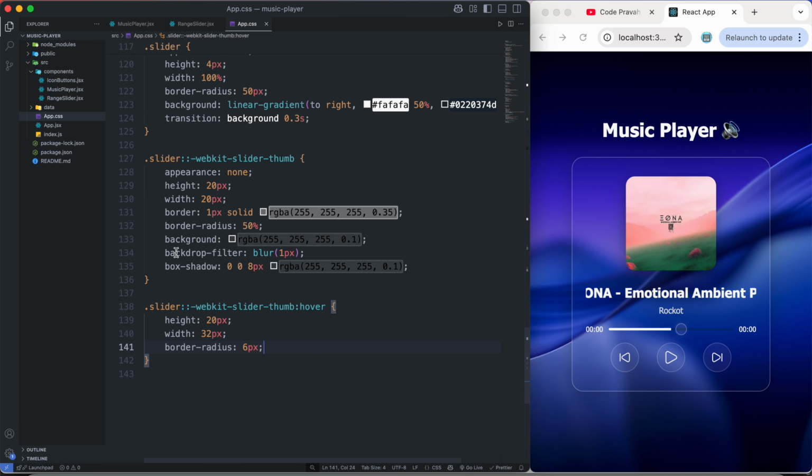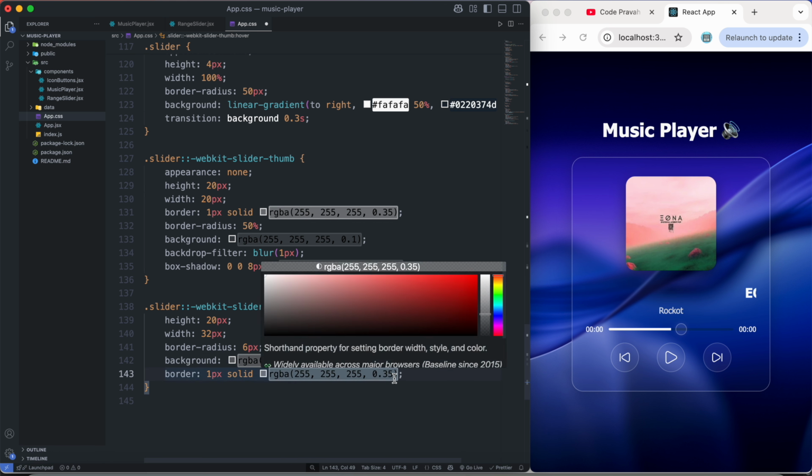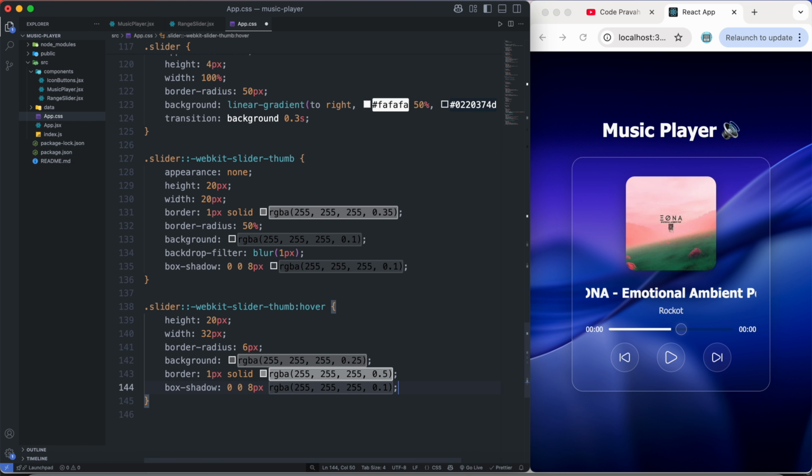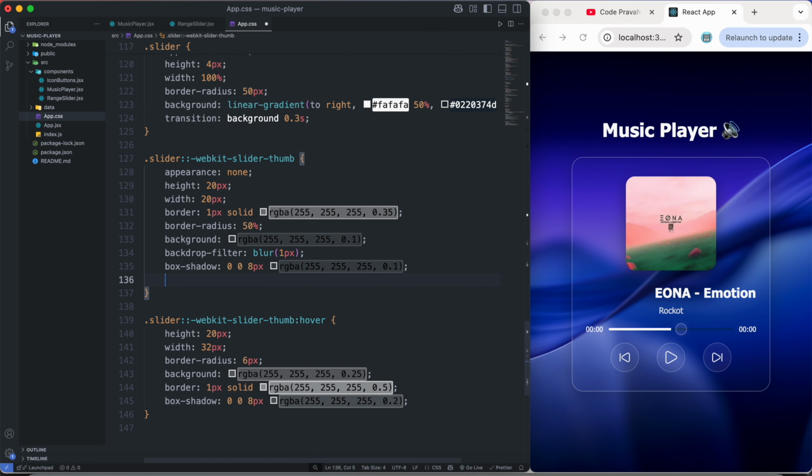Few more properties I want to update in case of hover. For example, let's say background. I want to change my background, and I'll just change the opacity from 0.1 to 0.25, and then I'll change the border, and in this case I'll change the opacity to 0.5, and similarly I'll change the box shadow and I'll change the opacity to 0.2. Now if I hover on this, you can see it is looking far better, but the changes are not very